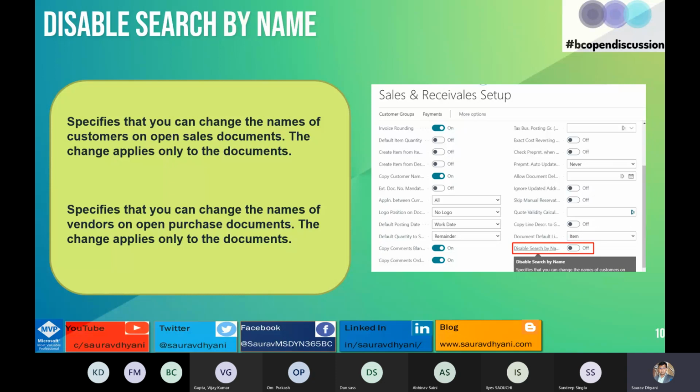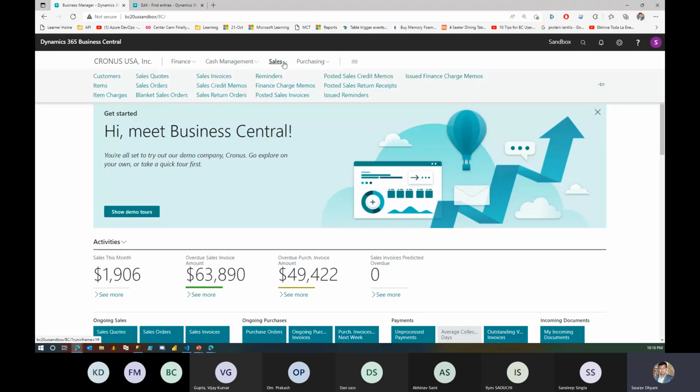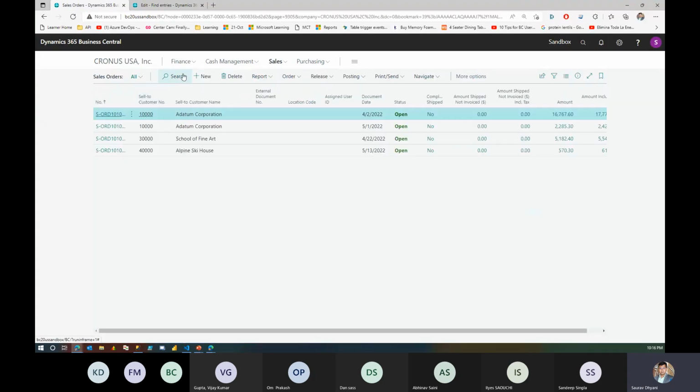Somehow Microsoft got this idea that they should make the description field a field that a user can look up, like in customer name, you can look up, and it can create as you type. So let me show you what I mean by that. If I come on Business Central and I'm on sales order, and if I try to create a new sales order,